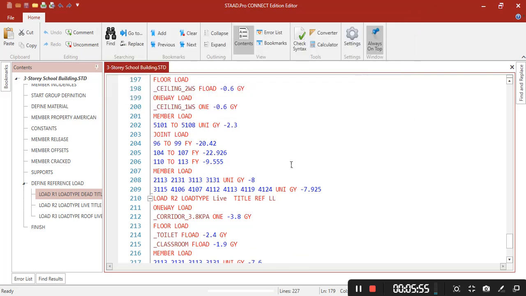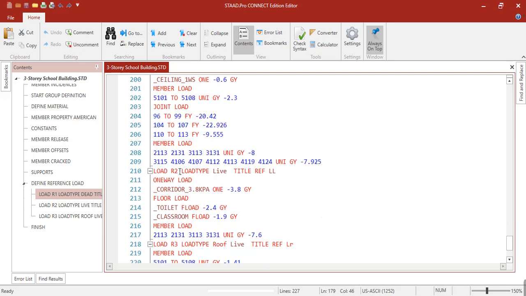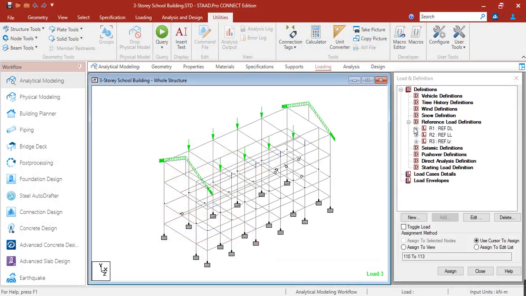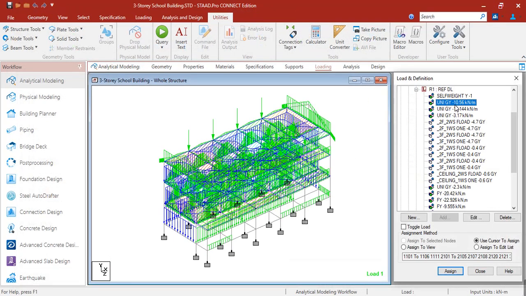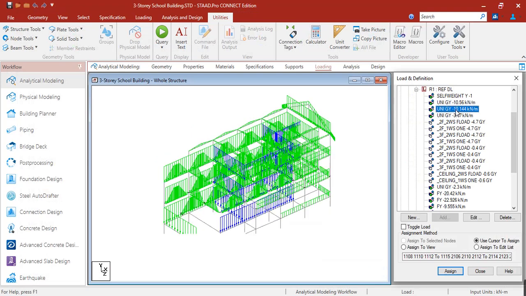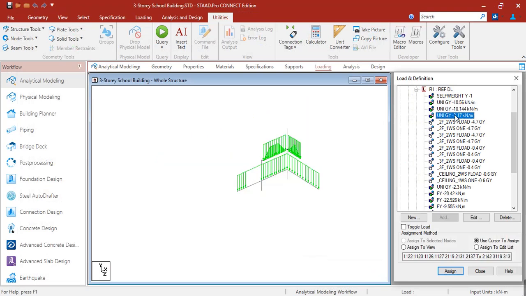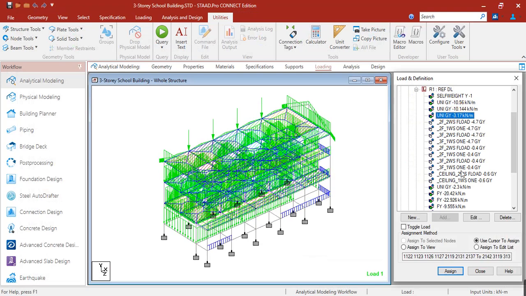If we want to set the member loads, instead of highlighting the members, we can just input the group name. For example, for reference dead load, this is for the exterior, this is for the interior, and this is for the railings.